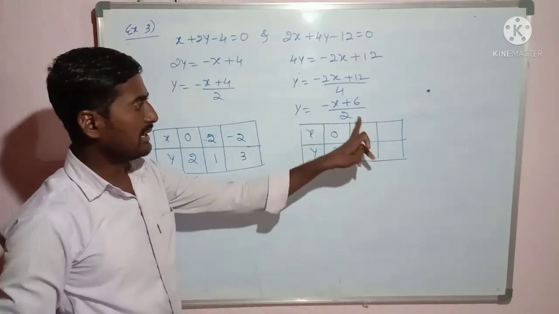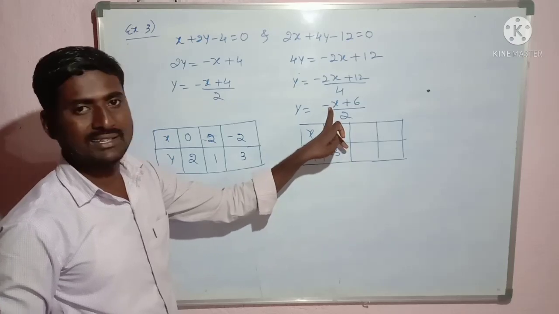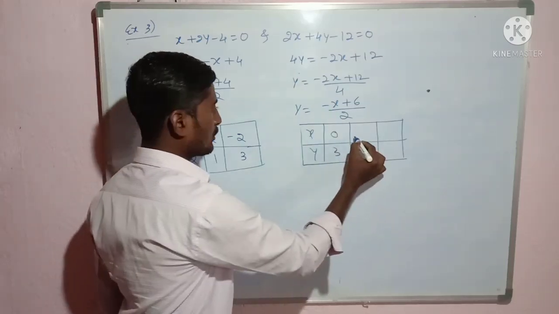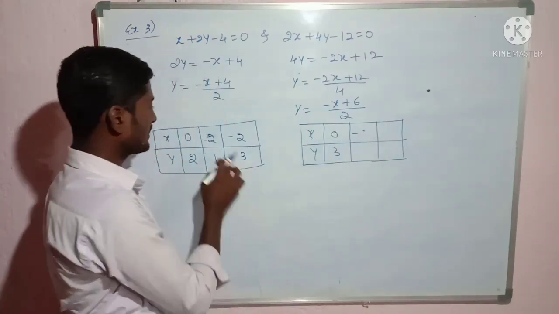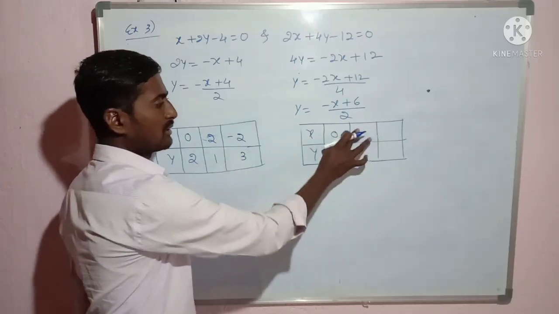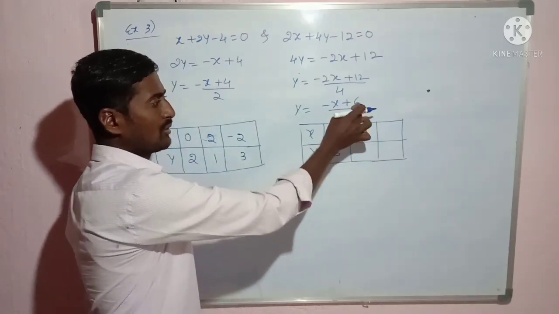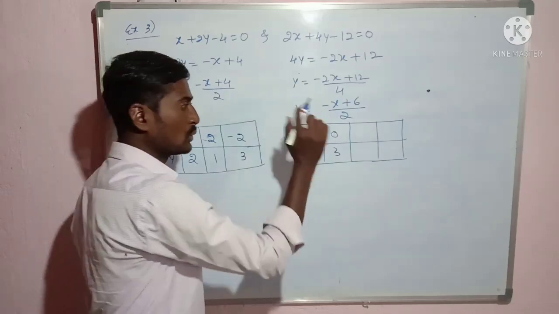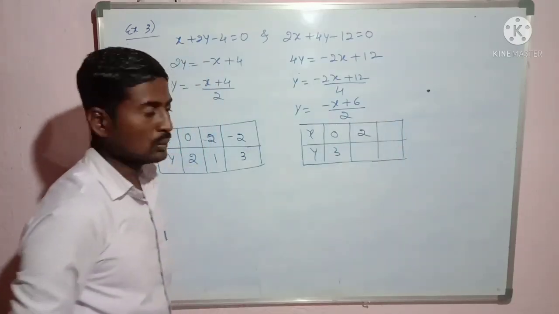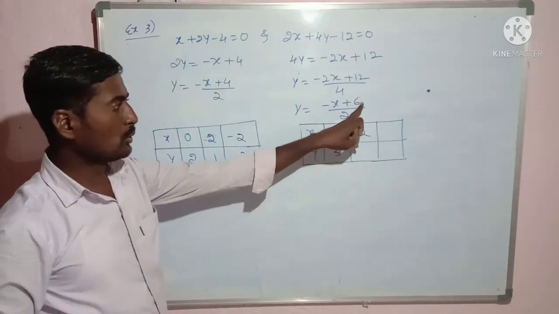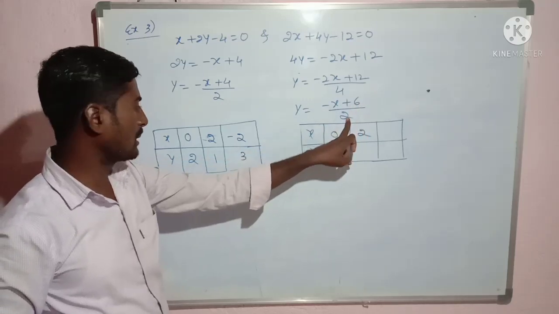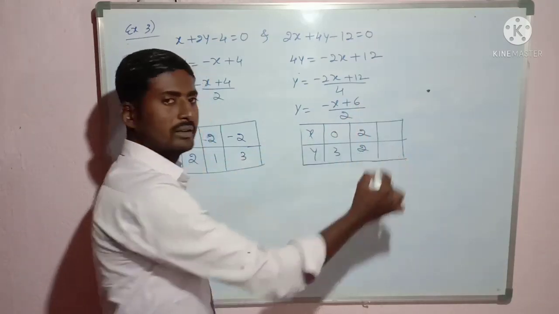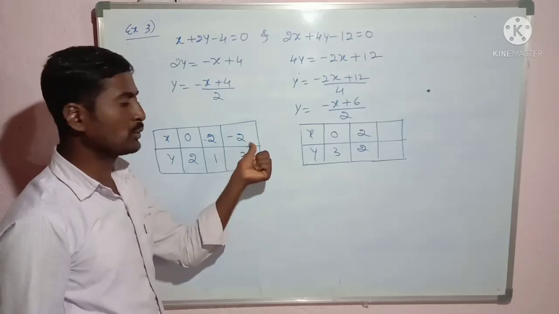Next I will take x equal to minus 2. If x equal to minus 2, otherwise 2, I am taking the same, I can take. No problem, because the numerator will divide by 2 if I take x equal to 2. I will take x equal to 2: minus 2 plus 6, that is 4. 4 divided by 2, you are getting it as 2. Then one more I will take, minus 2 again.